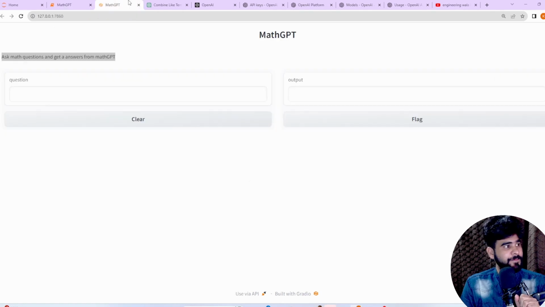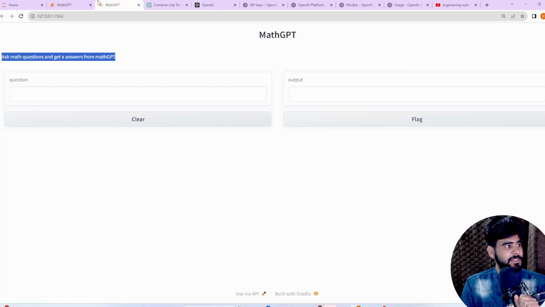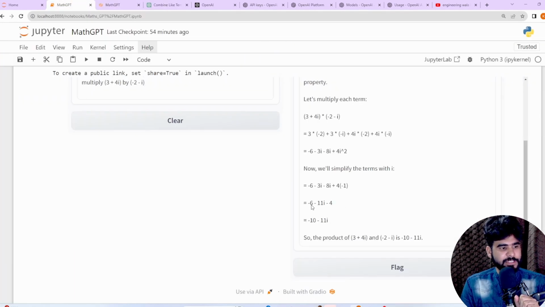The correct output is minus 2 minus 11i. If I show you the last term, minus 6 and minus 4, if I calculate that we will get 10. So it looks like somewhere we have a mismatch.